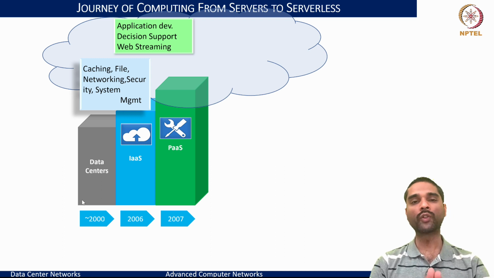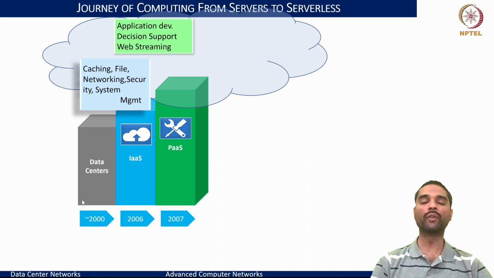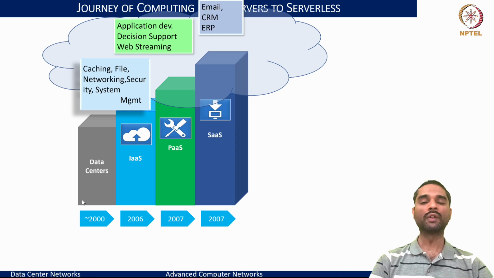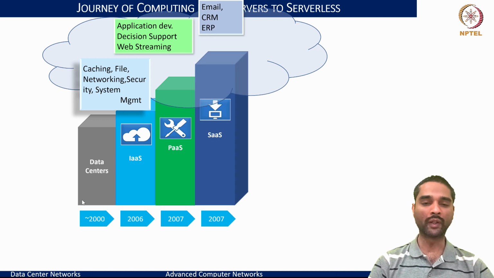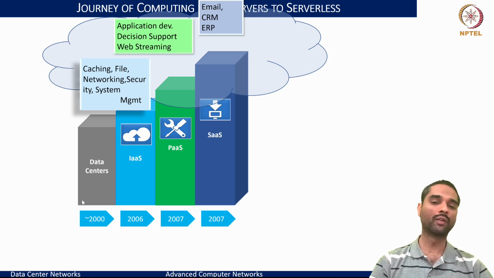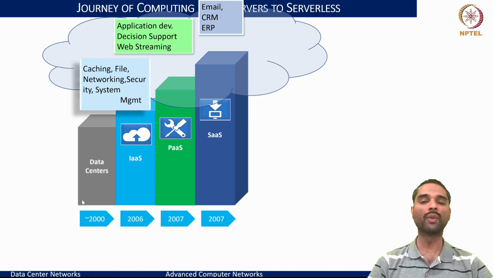And this is where the focus from a developer point of view would be to build the right set of applications and build the key decision support around these applications when they are going to be deployed in those platforms. This could involve streaming or web applications that you would want to build. And gradually, around the same time, in fact, when IaaS started and PaaS came, the software as a service model also started to come.